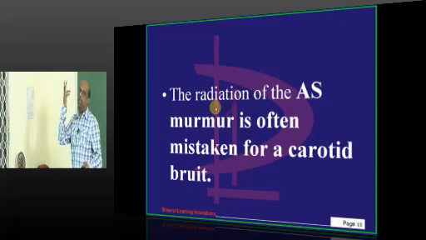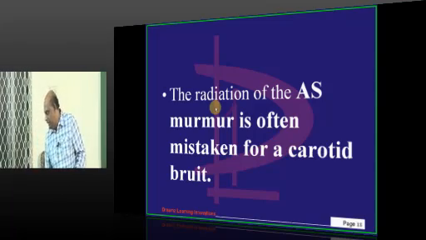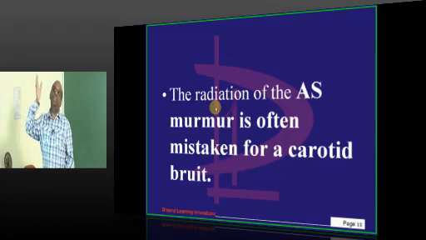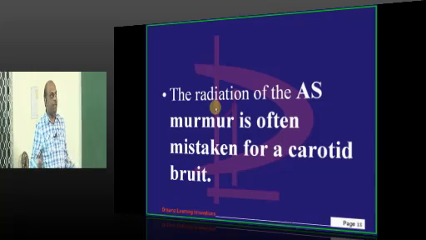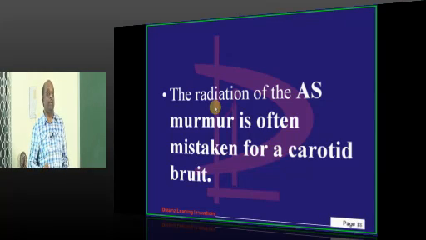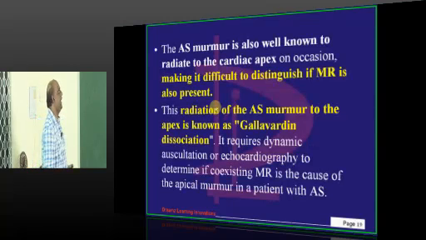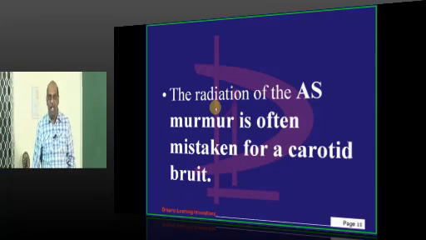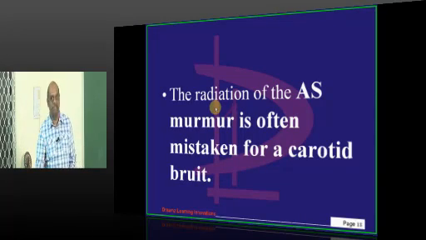And how is the murmur radiating into the carotid? A good number of times it is not uncommon in an elderly person that this radiating aortic stenosis ejection systolic murmur into the carotid may be mistaken for a carotid bruit, because with elderly people we think everybody will have atherosclerosis in the carotid, hence we think we are listening to a bruit. But that is not a bruit, it is the radiation of an aortic stenosis murmur, which you have to carefully evaluate. And carotid stenosis, if it is really there, syncope can occur. Aortic stenosis also can lead to the development of syncope. So all syncope should not be thought of as carotid stenosis. You need to be careful.